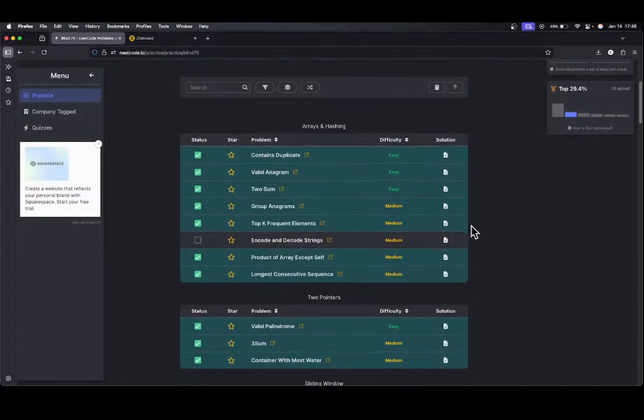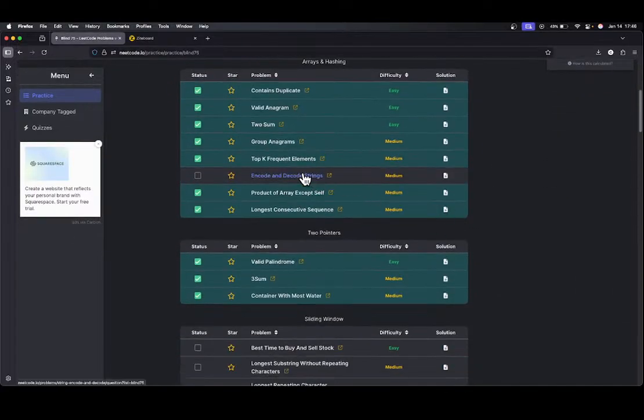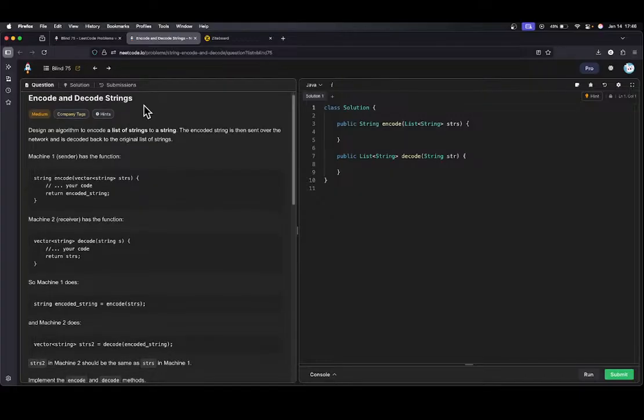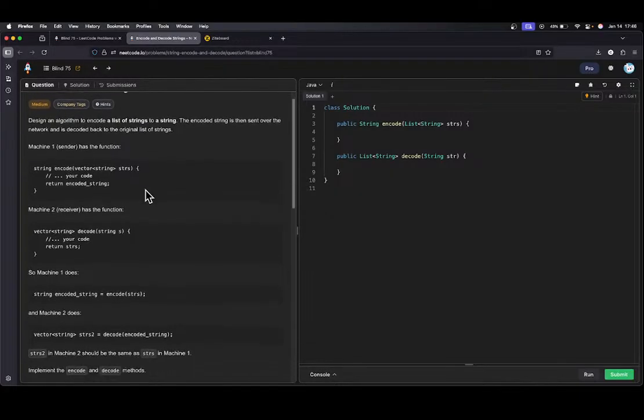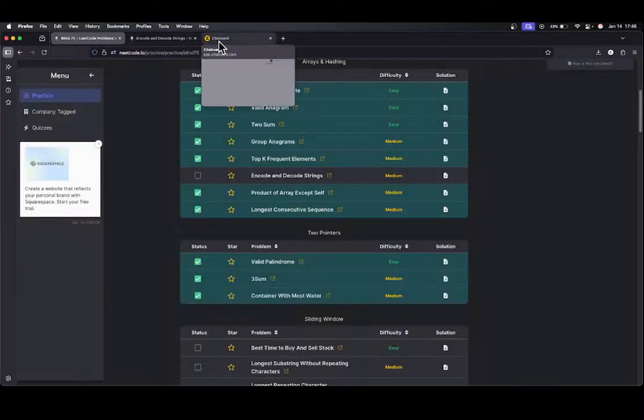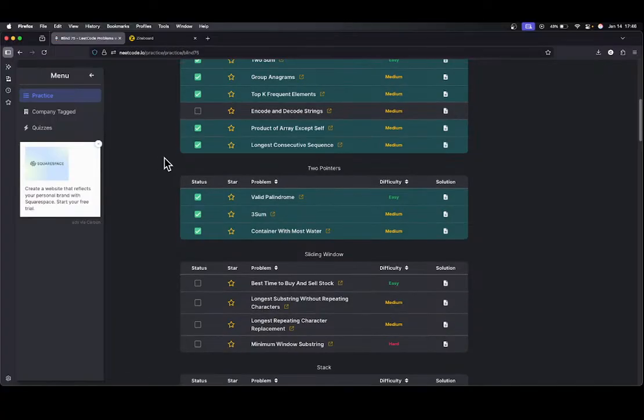So today, I looked at this problem I think yesterday, and I don't know what to do with it. So I'm going to save that for later, until I understand what exactly encoding and decoding mean. For now though,